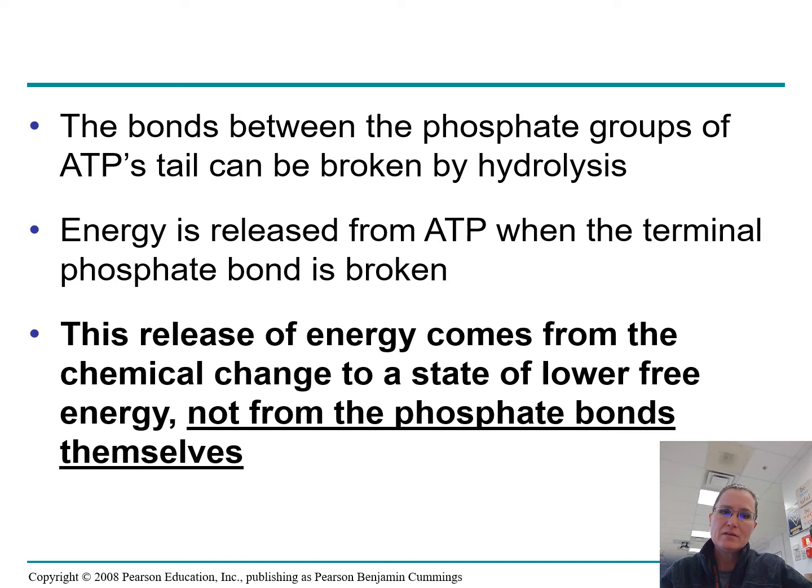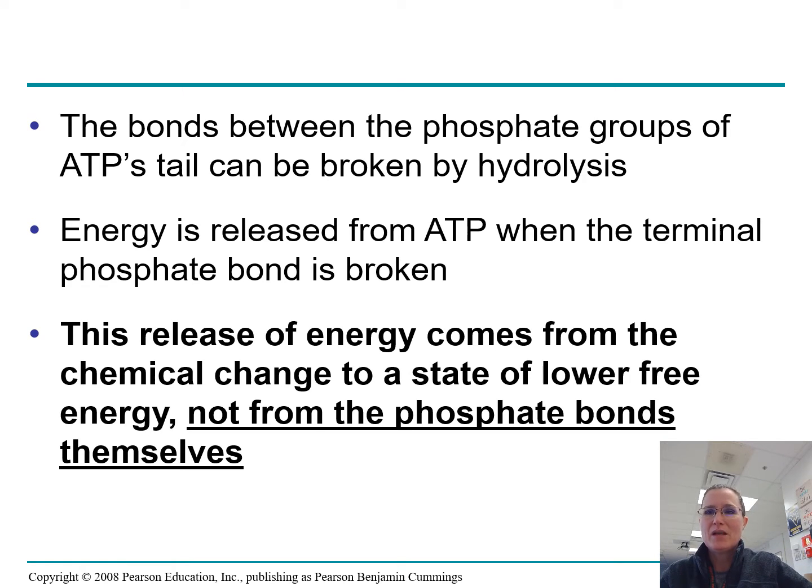I'm going to flip back. Oh, nope, I can't. It won't let me. And so we have an adenosine and the triphosphates. And so there's 3 phosphates. The one between the second and the third phosphate is the bond. That's sort of the big bond that holds all the energy.